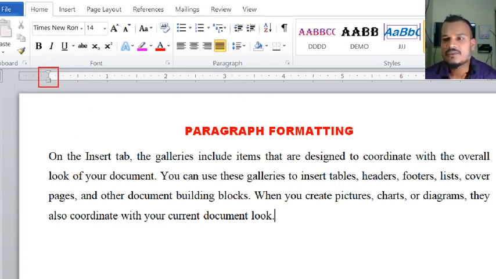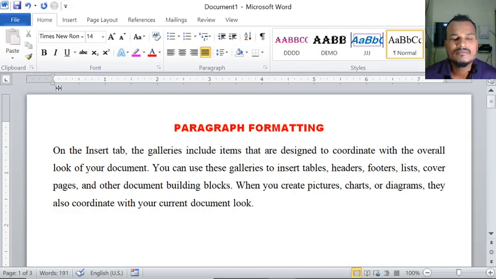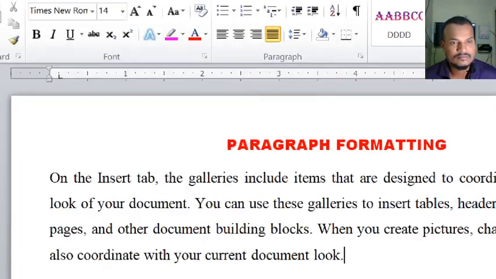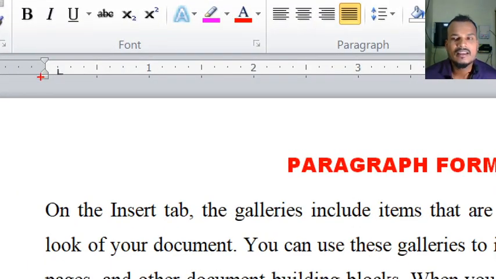In the horizontal ruler, you observe these markers: this one is the left indent and this is the right indent.